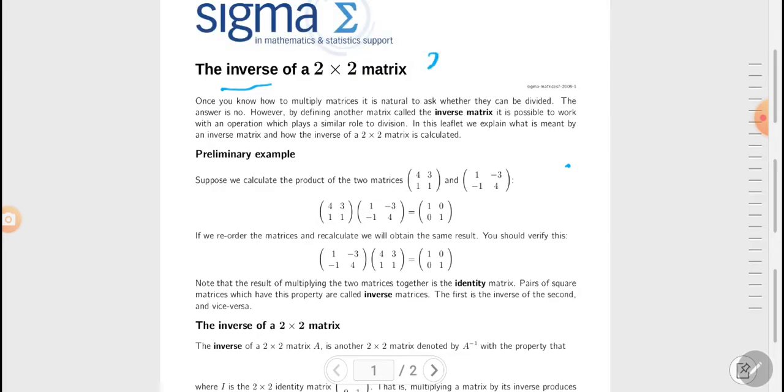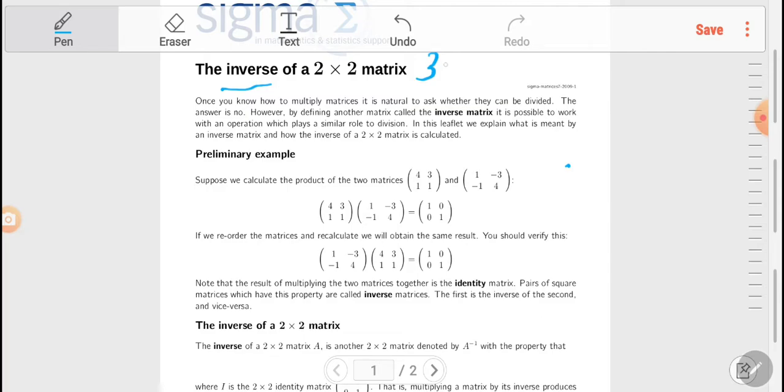What is the multiplicative inverse of the number 3? Yes, the multiplicative inverse of 3 is one third, because 3 times one third equals 1. 1 here is called the multiplicative identity. So if the product of any two numbers gives 1, which is the multiplicative identity, the two numbers are called inverse to each other. But in matrices,